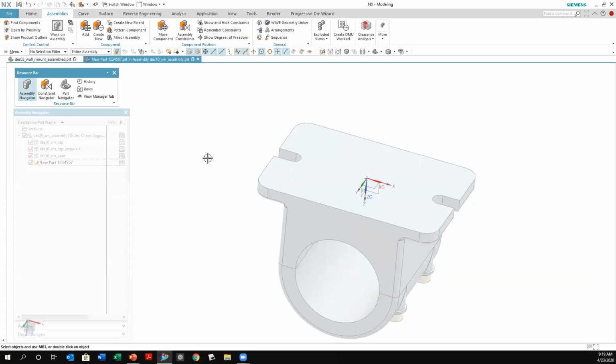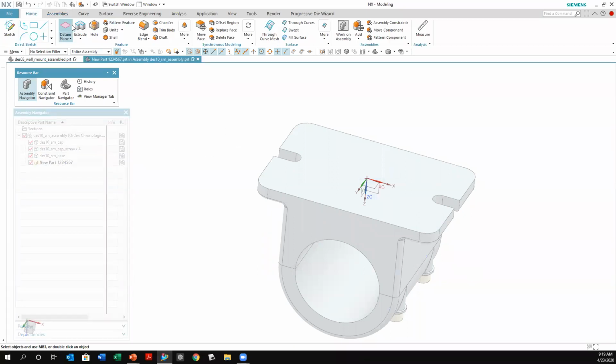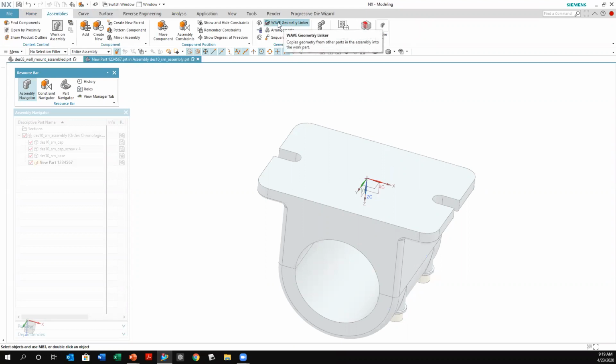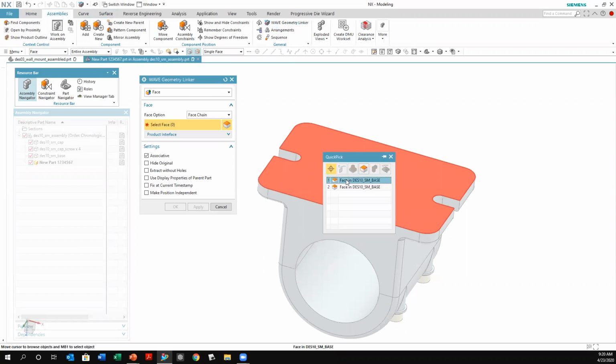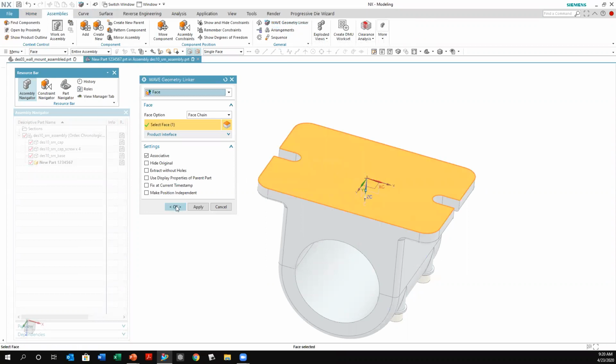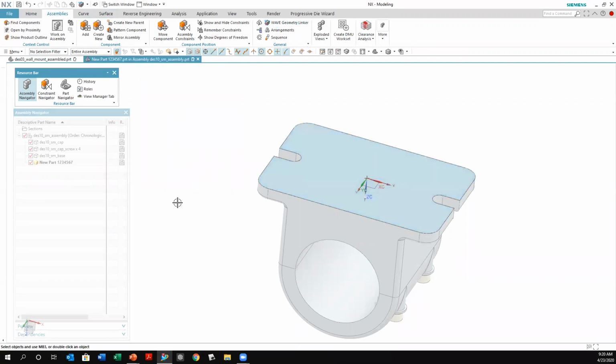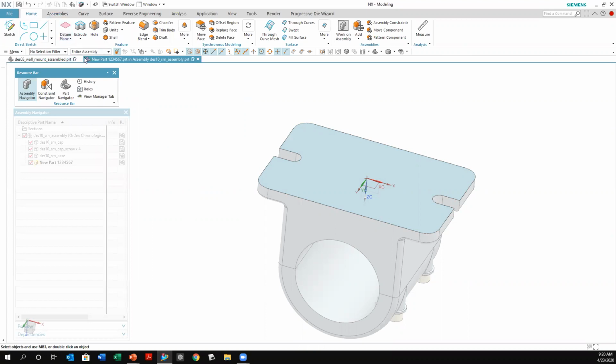Now the difference here is that instead of going back to the home tab and extruding that, I'm going to go up here and say make this a wave geometry linker. And then make sure that you have the associative option selected. That way, you know that that's going to make it associative with the part. All right, so I accept that. All right, and then once I've done that, I go back to my home tab here and